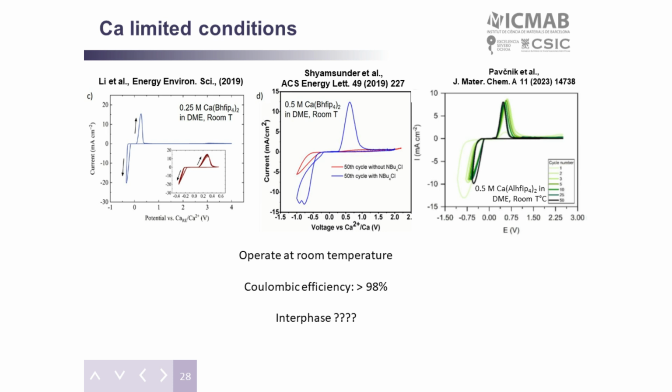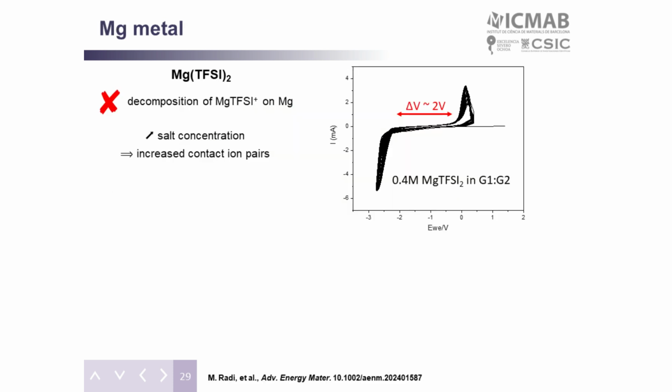So then the question, of course, is what is the status now for the state-of-the-art electrolyte, so the BHFIP-based electrolyte. This is still a work in progress together with Jan Biteng from Slovenia, and I hope we'll be discussing it soon. But I can already tell that we do see a passivation layer, and we do see borates at the interfaces. So now, moving to magnesium